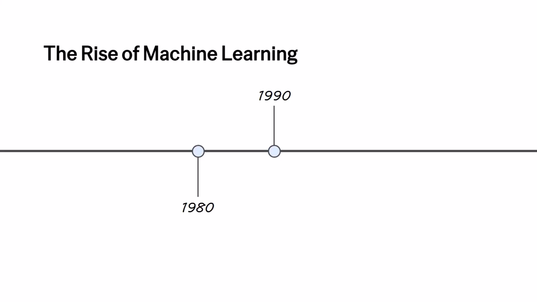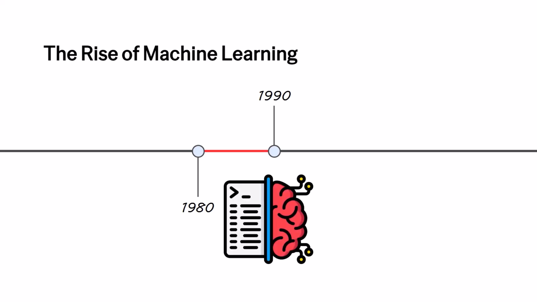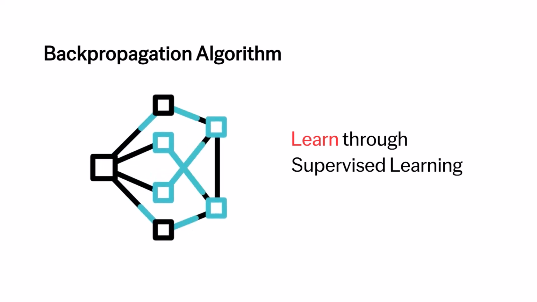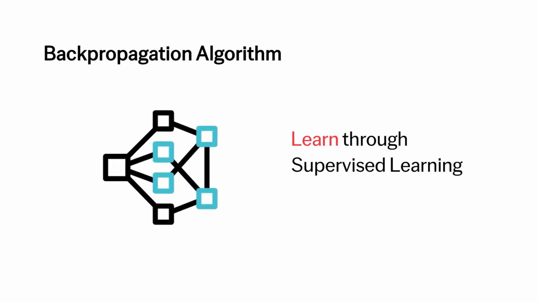In the 1980s and 1990s, a new chapter in AI began with the rise of machine learning. This brought significant changes to the field, making AI capable of far more complex tasks. One of the key breakthroughs was the backpropagation algorithm introduced in 1986 by Rumelhart, Hinton, and Williams. This algorithm allowed neural networks to learn more effectively by adjusting their weights through supervised learning, leading to much better